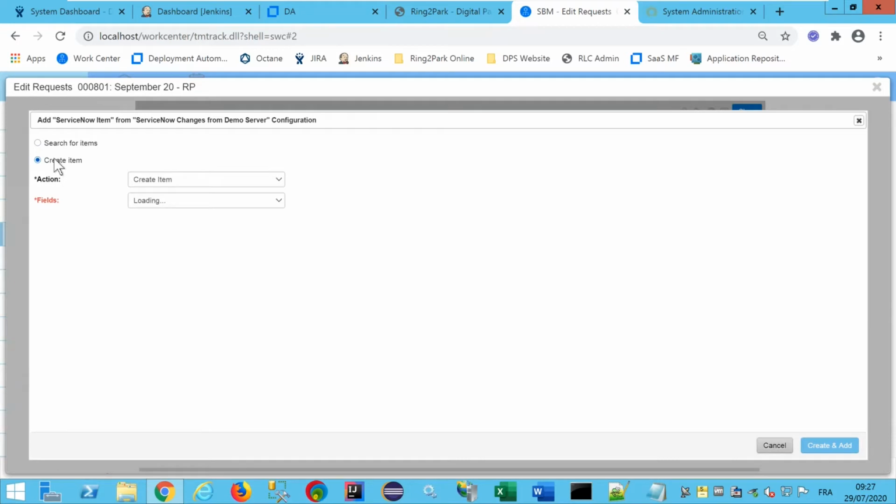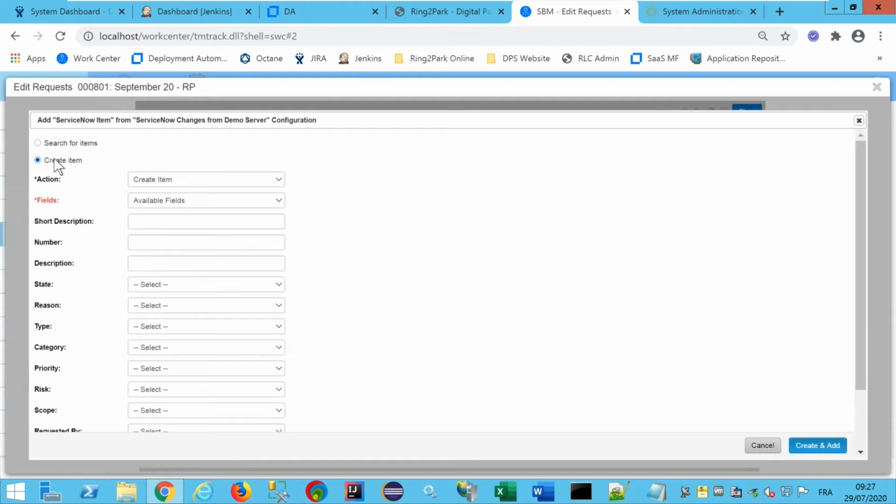So it allows me to create an object in ServiceNow. In this context, it will be a request for change, but it can be another kind of object. So it means from Release Control, you can create as well incidents, you can create articles in the ServiceNow knowledge base, you can create problems, and so on. So it depends which provider you want to use.